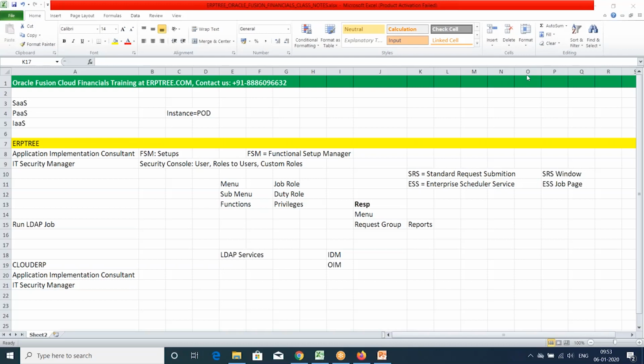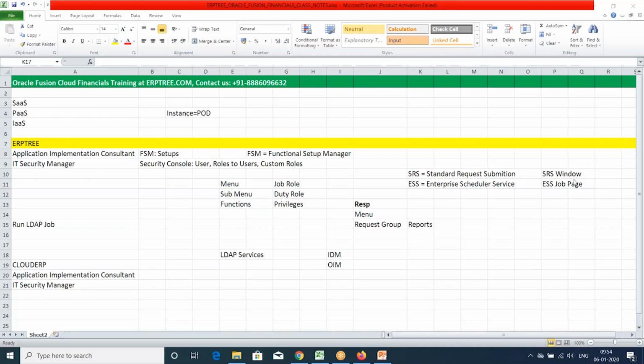Hardly do we need a technical consultant to do SOA integrations, third-party integrations. That could be through SOA or ICS, whatever you call it. And apart from that, BI reports and ADF pages. Apart from that, there is no great work for technical people in cloud. The conversions and all we can do as a functional consultant. In the case of EBS, all the conversions need to be executed by a technical consultant. Even if the implementation is a vanilla implementation, you still need technical people for conversions.